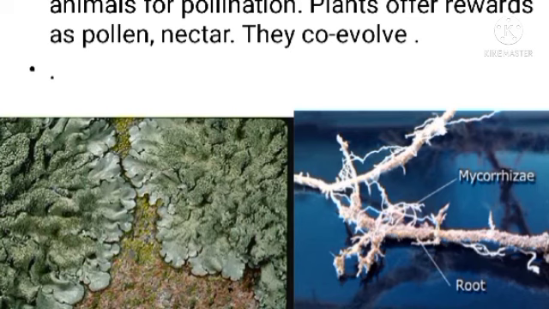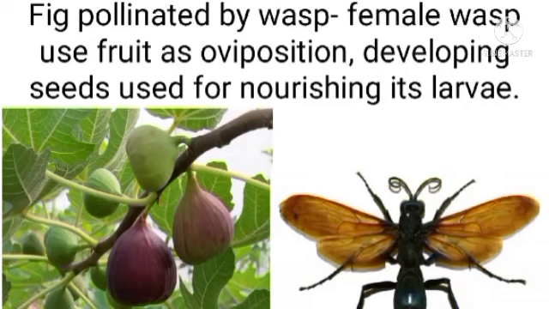Thus both are mutually benefited. Most interesting evolutionary examples of mutualism are found in plant and animal relationships. The plants need the help of animals for pollinating their flowers, isn't it? And not only for pollinating the flowers, they also need the insects or animals for dispersing their seeds. The seeds can be dispersed by the animals to various places so that the plants can occupy various